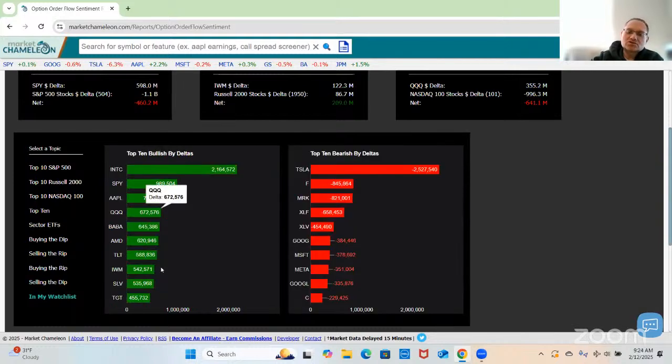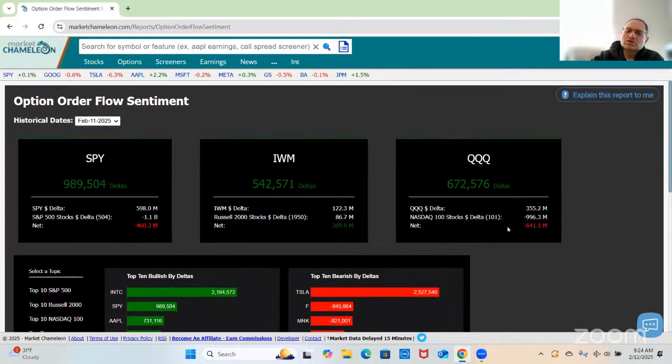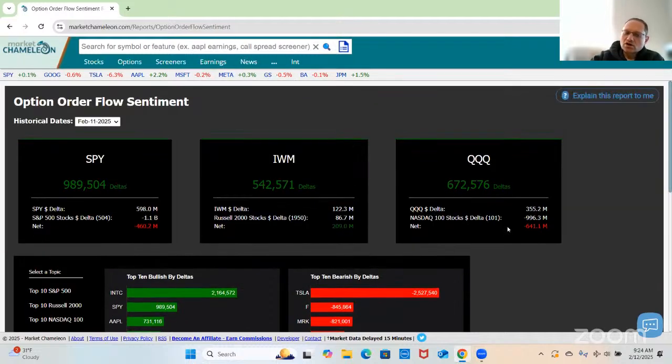If you have stocks in your watch list, it'll show you your top 10 bullish deltas, top 10 bearish deltas. Okay. So this is kind of an overview of this order sentiment report. You could go back a couple of days if you wanted to, but this is an overview of that order sentiment report. We could quickly come in and just try to get a sense of,